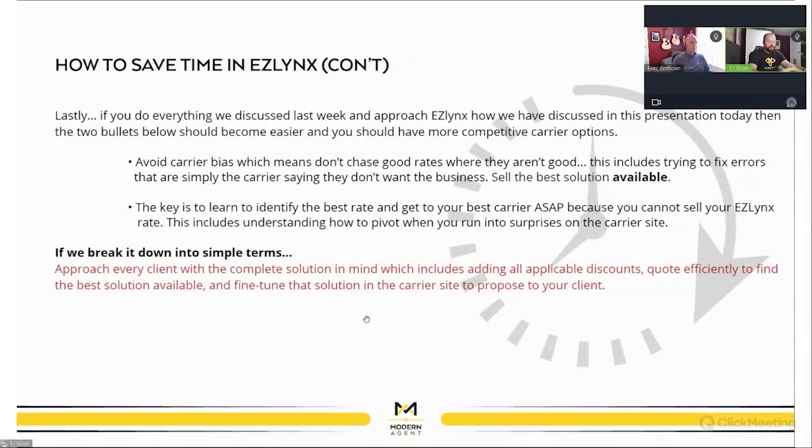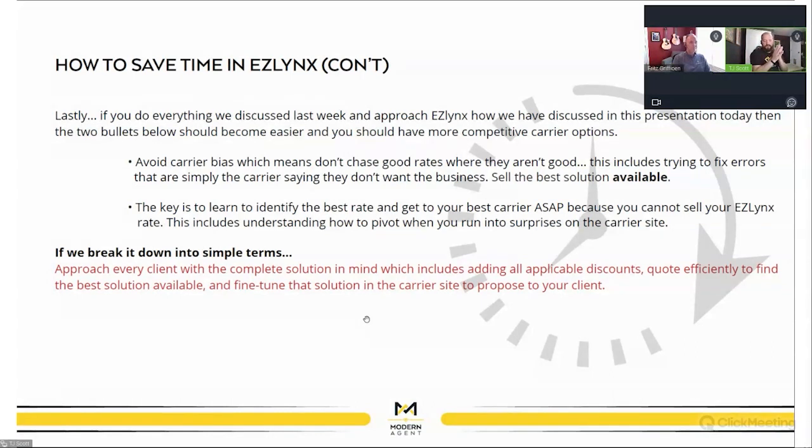We talked about something last week, how when you're approaching EZLynx, sometimes you compare the bundle instead of just product for product. In one instance, the bundle savings was way more than the other ones. However, the auto went up. It's important to know that you might not always be the first auto in the first home. It might be the fourth auto in the first home because the home is so good, but the auto went up a little bit, but the entire bundle is a good savings. So just learn how to identify that and not allow frustration to set in that it's not one and one, or it's the second one and the fourth.